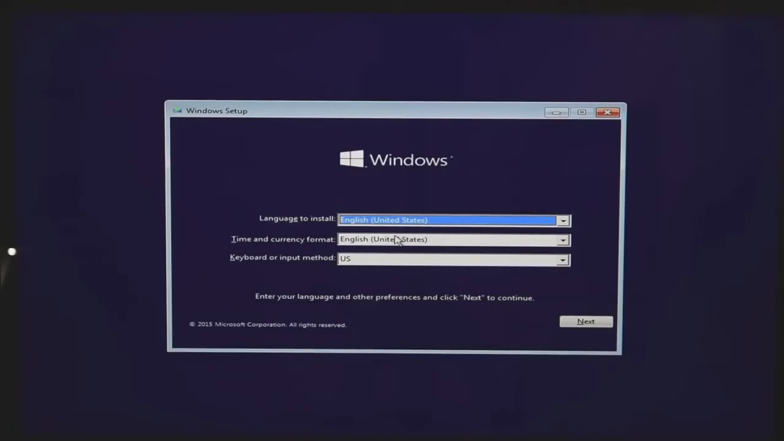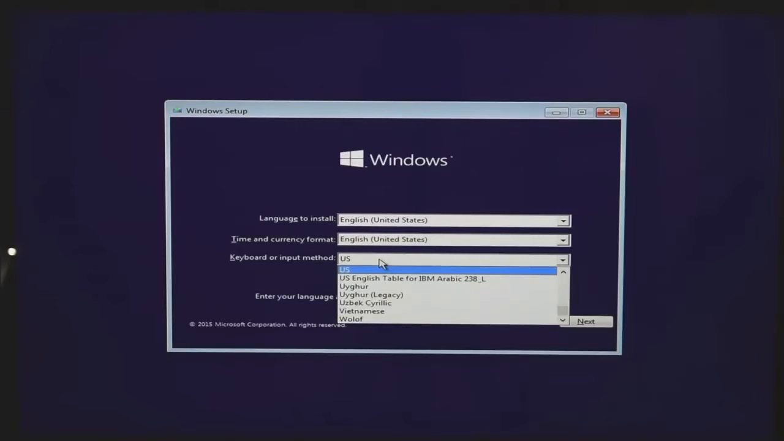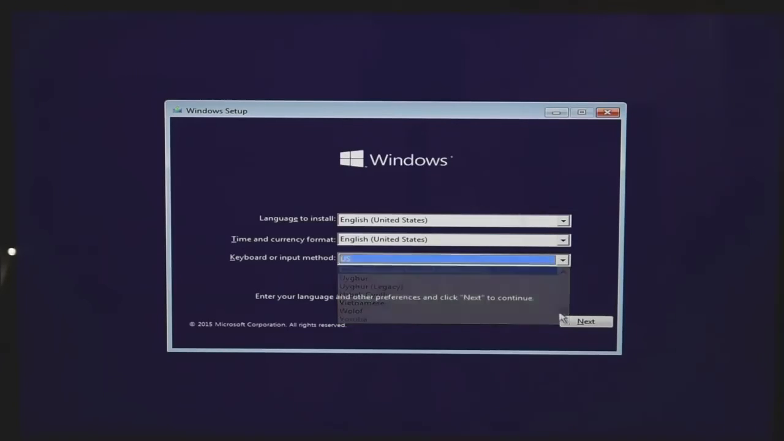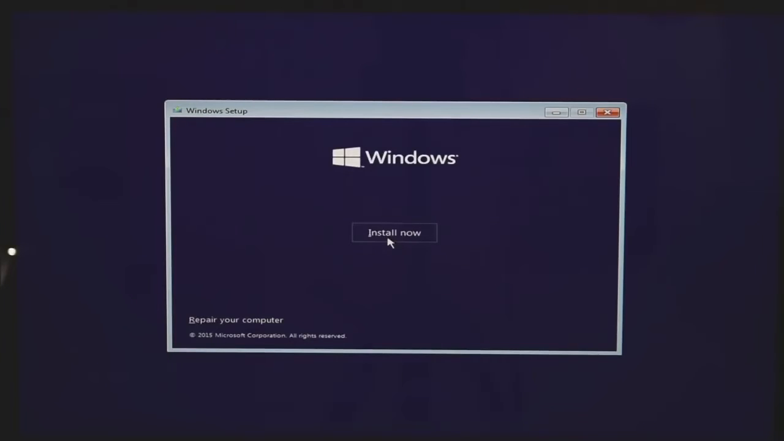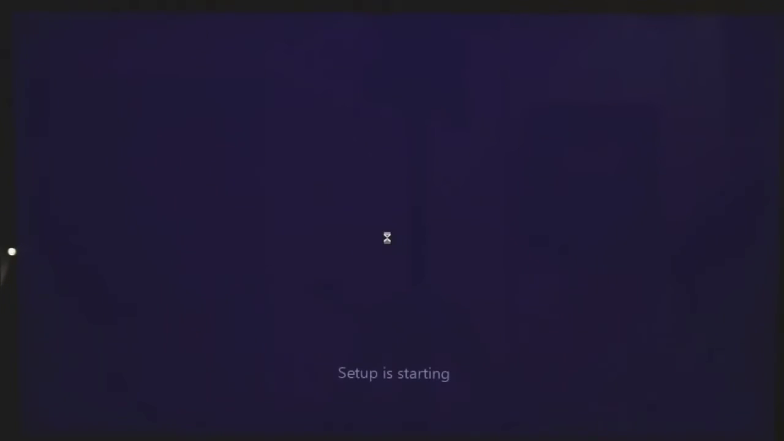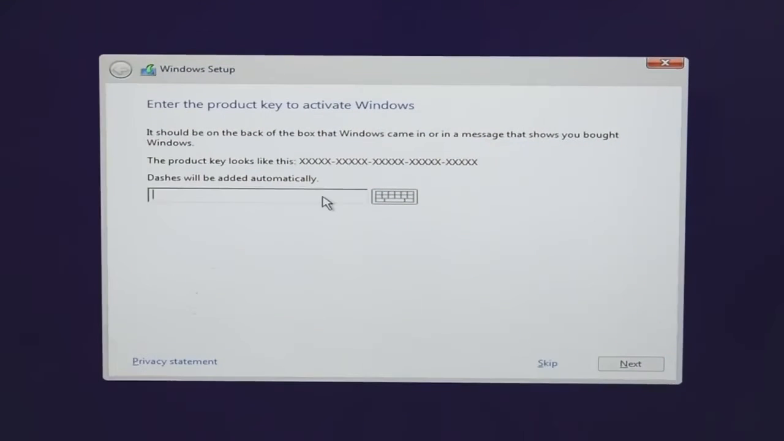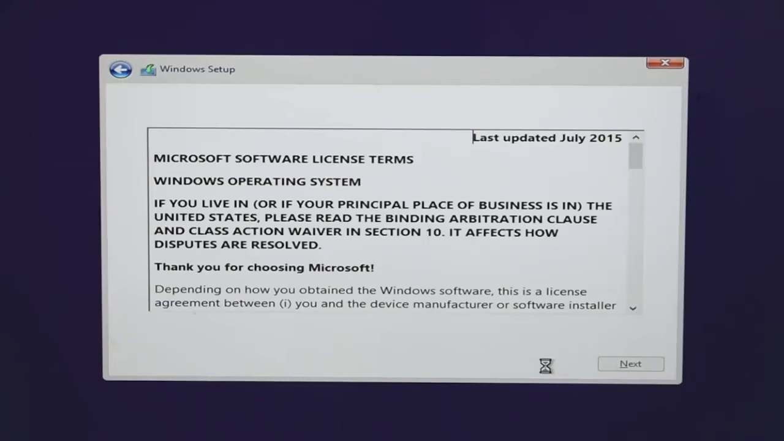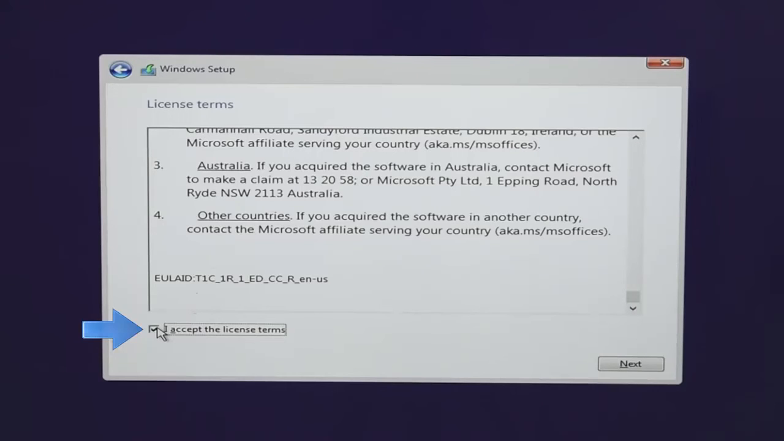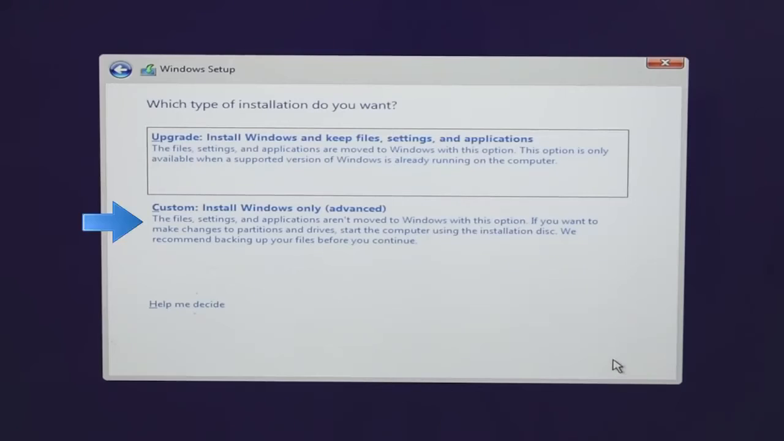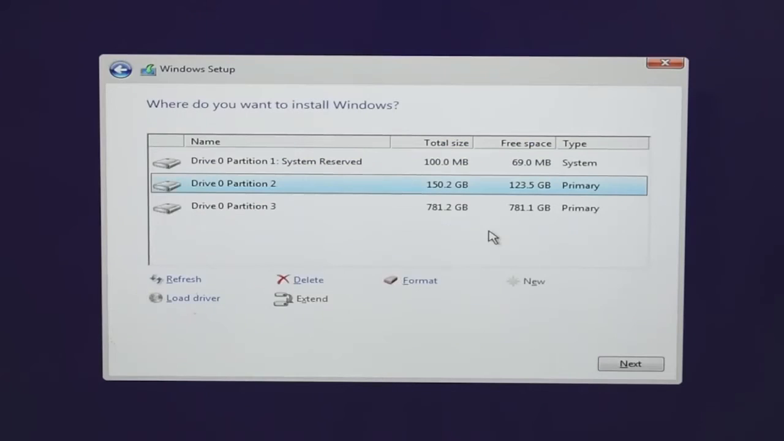On the Windows setup screen, we first need to choose a language to install, then choose your time and currency format, and finally the keyboard or input method. For me, all the defaults will be fine, so let's go ahead and hit next. Now click install now and it will start the installation setup. Now it will ask you to enter the product key to activate Windows. If you have one, use it here, or you can do it later in case you don't have one. Now it will show you the Microsoft terms and conditions to use their software, so scroll down and check the I accept the license terms box. Now click next and from here choose the custom install Windows only option, and it will bring